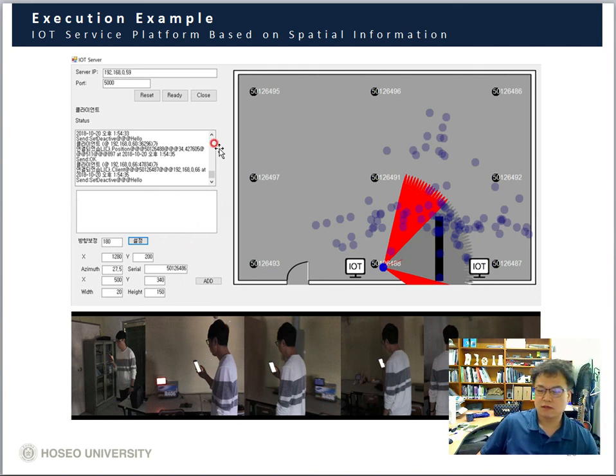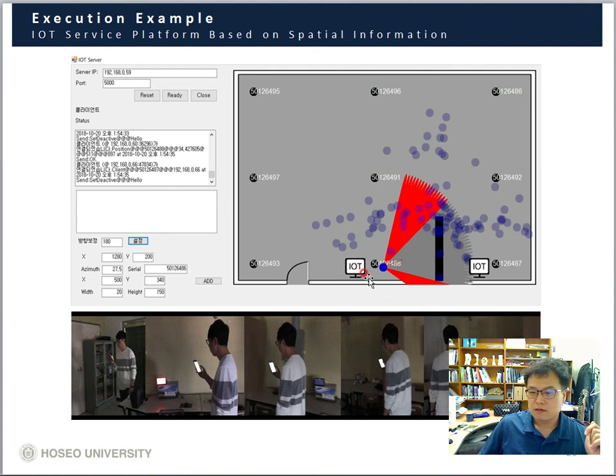The server system's location manager calculates his situation, and then the location manager activates the IoT system or not, according to the user's situation.